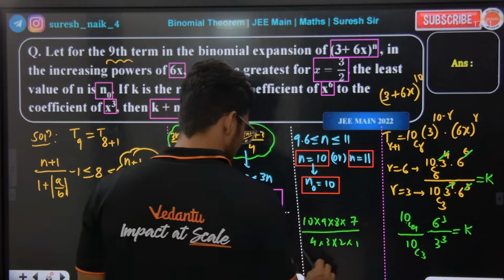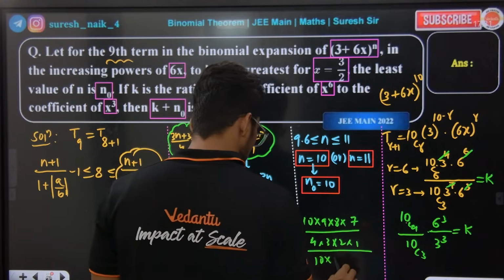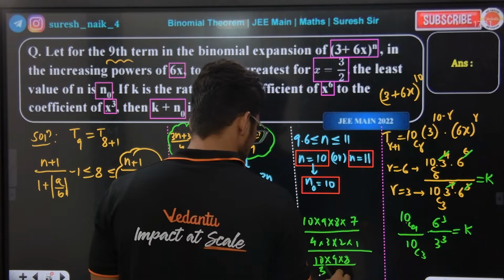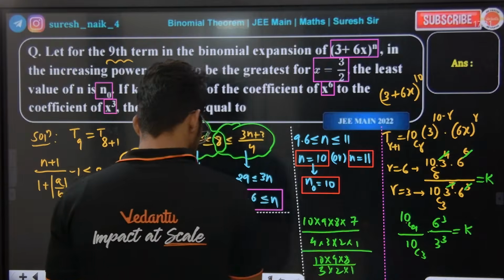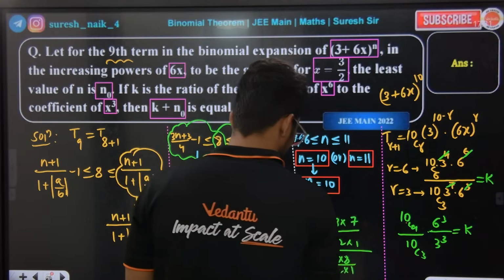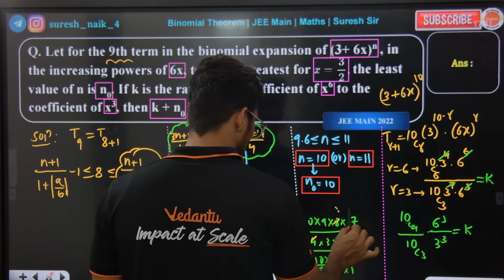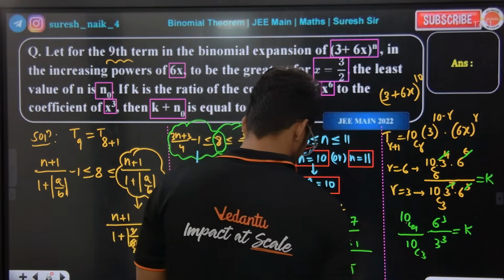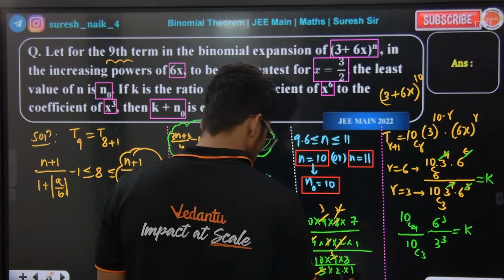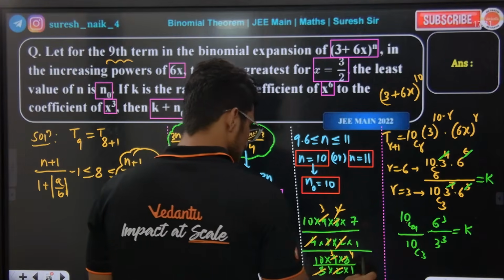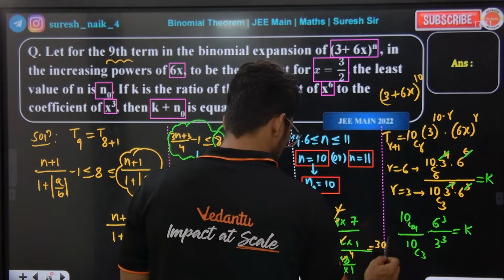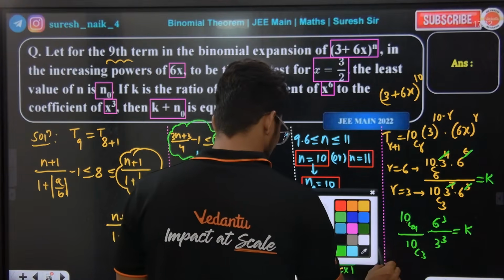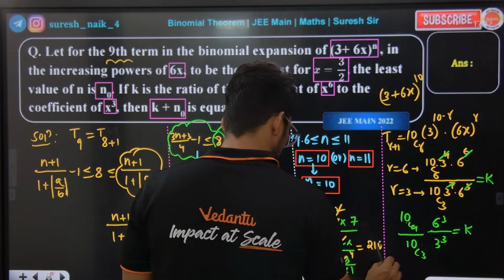Okay, this is 10C4 divided by 10C3. 10C3 means 10 into 9 into 8 divided by 3 2 1. If you simplify, you will be getting the value of k. Look carefully: 4 ones 4, 4 twos cancel, 3 ones 3, 3 threes, 2 ones 2, 4s. So 210 by 30, 210 I'm getting, right? So the value is 210 by